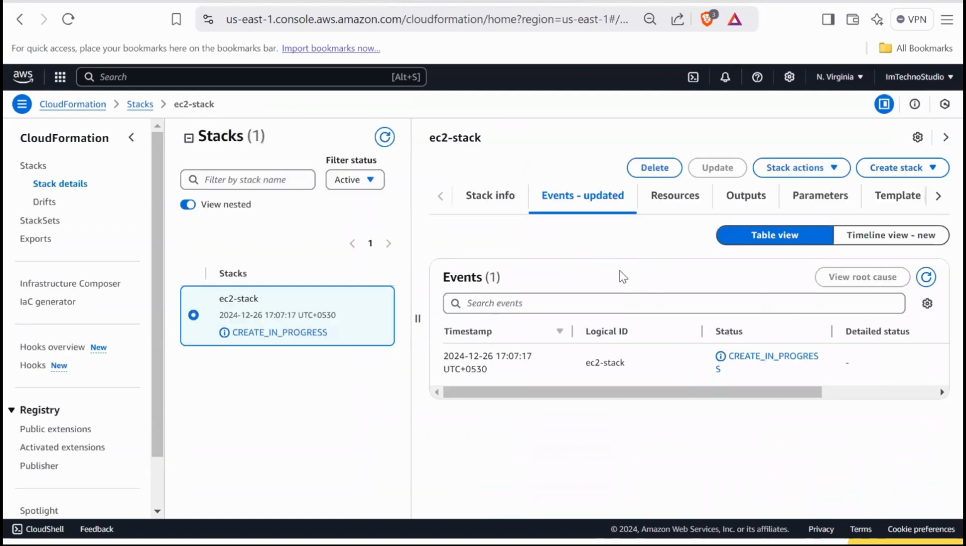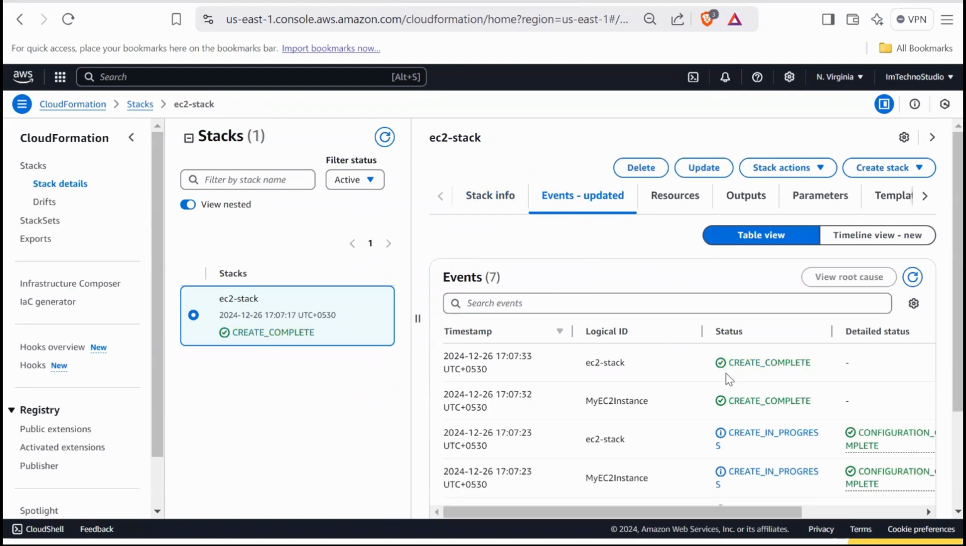CloudFormation starts processing your template. You can monitor the progress of your stack creation in the Events tab. Once all the resources are successfully created, the stack status changes to CREATE_COMPLETE. This indicates the stack was successfully created. If there are any issues during the resource creation, for example, missing permissions or invalid configuration, the stack status changes to ROLLBACK_IN_PROGRESS, and CloudFormation will attempt to undo the changes it made to prevent partial or incorrect